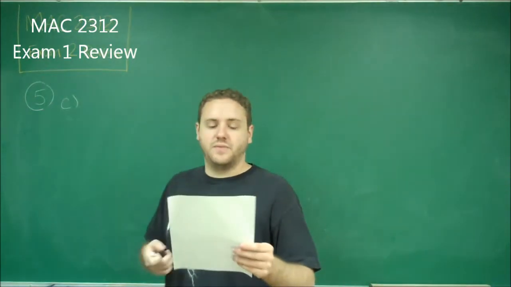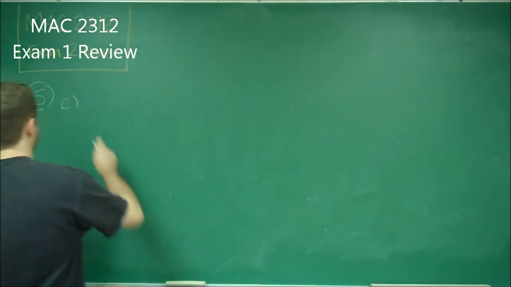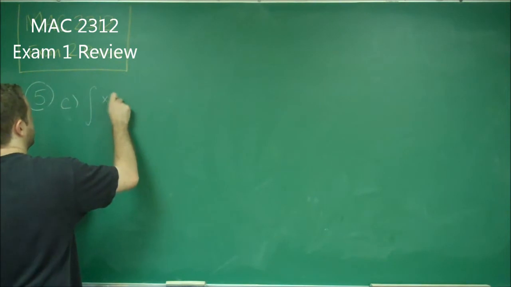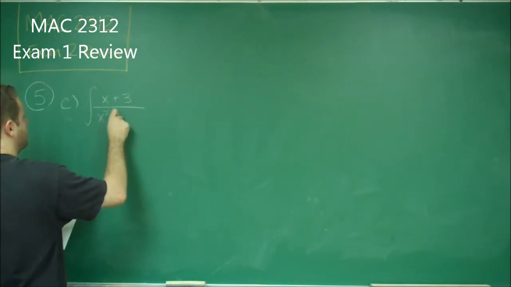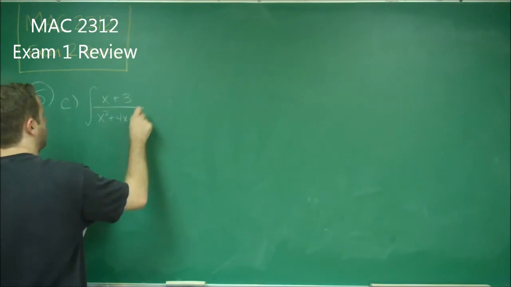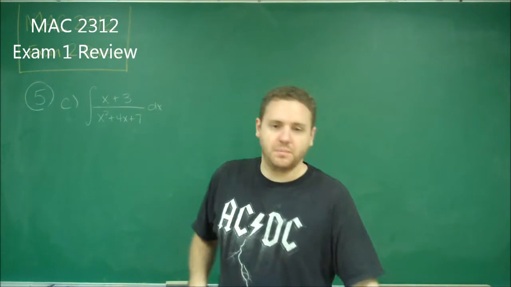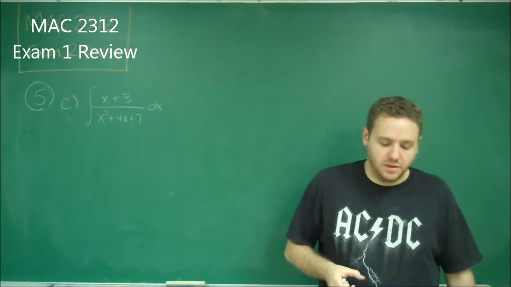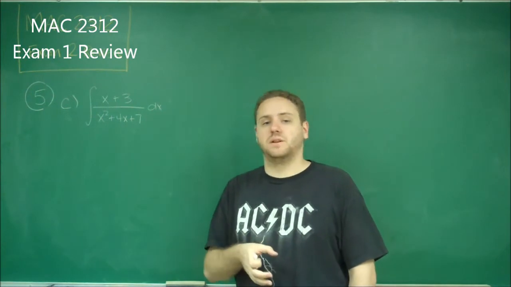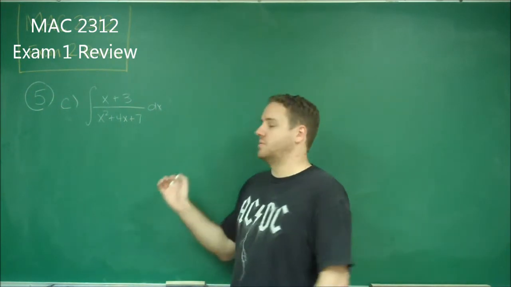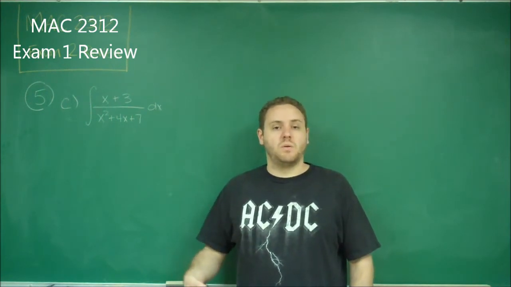Alright, so now we're on 5 part C. And this problem is the integral of x plus 3 over x squared plus 4x plus 7 dx. So this problem is extremely similar to the question in part B. So if you haven't watched the part B video yet, I suggest you do, because these two problems are almost the same. They're just really tricky for students to see, which is why we put 2 of them on this